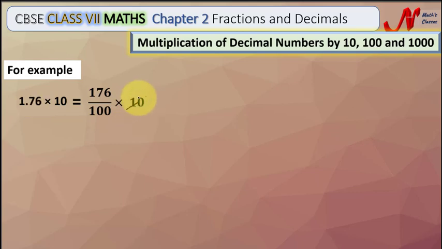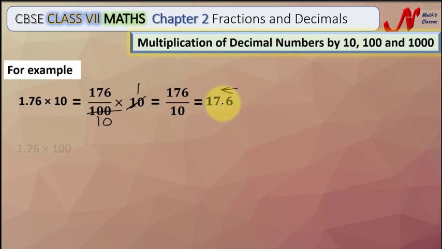By cancellation, 10 ones are 10, 10 tens are 100, which can be written as 176 by 10. 176 by 10 can be written as 17.6,